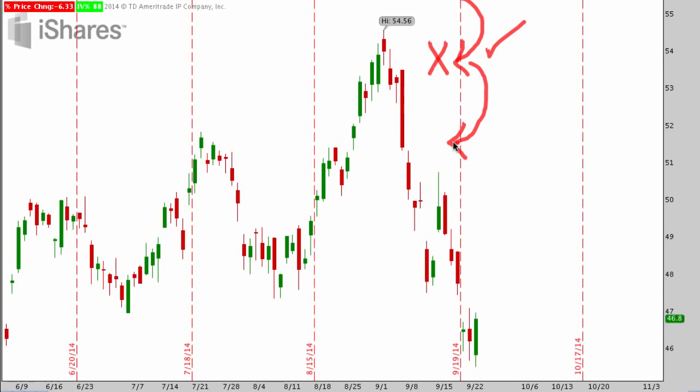And that whole process of making those trade adjustments, what that did is it moved our break-even point further out on the bottom side, and then also allowed us to, again, bank those profits on trades that were profitable above the market. So we banked profits, we got closer to the market, kind of readjusted and recentered the strategy. And then on the bottom side, because we took in a new credit, that helped move out our break-even point